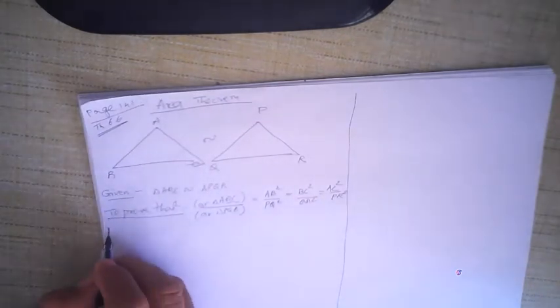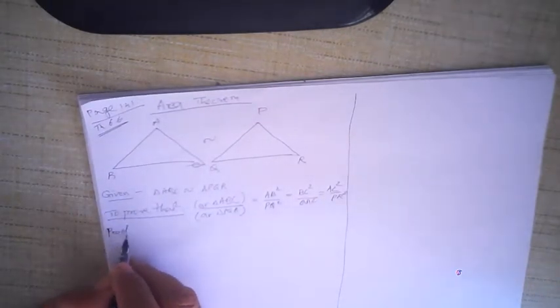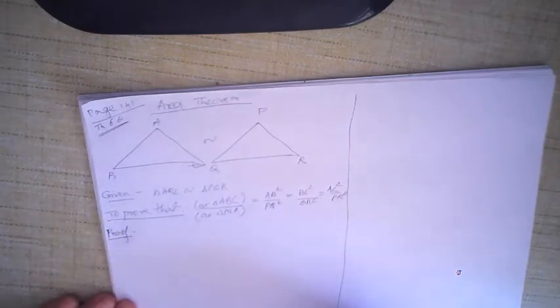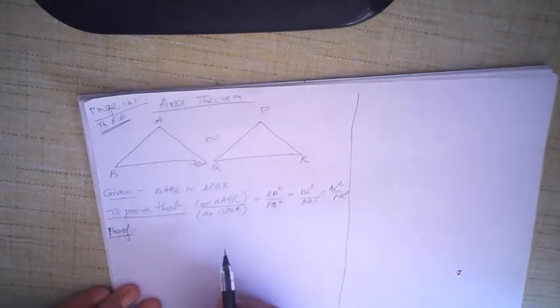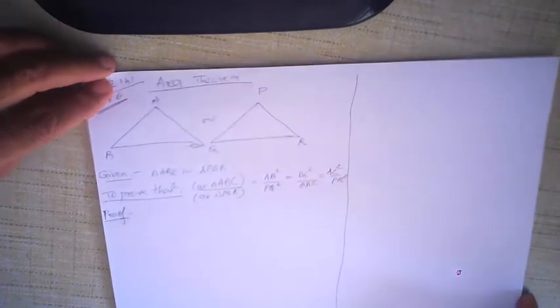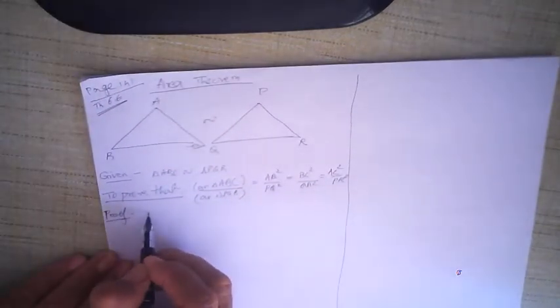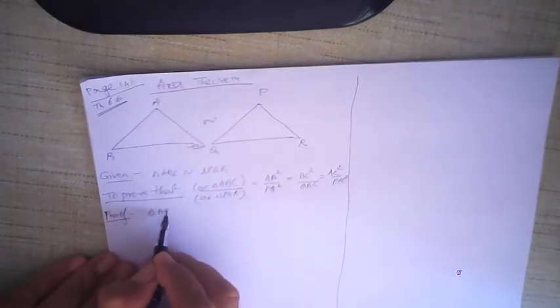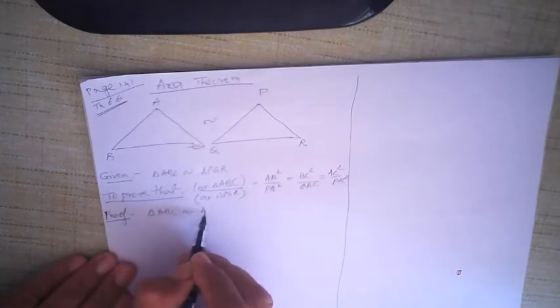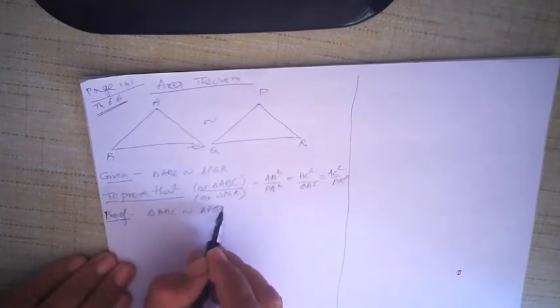So first of all, let us see how we write the proof. You see, in the textbook it may not be described properly. It is important that you learn from here. So now let us see. First of all, what are we given? Triangle ABC is similar to triangle PQR. This is given to us.